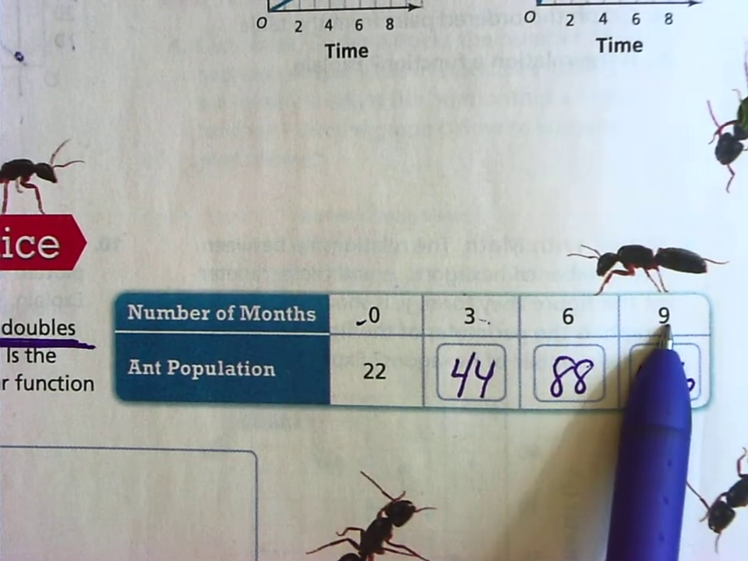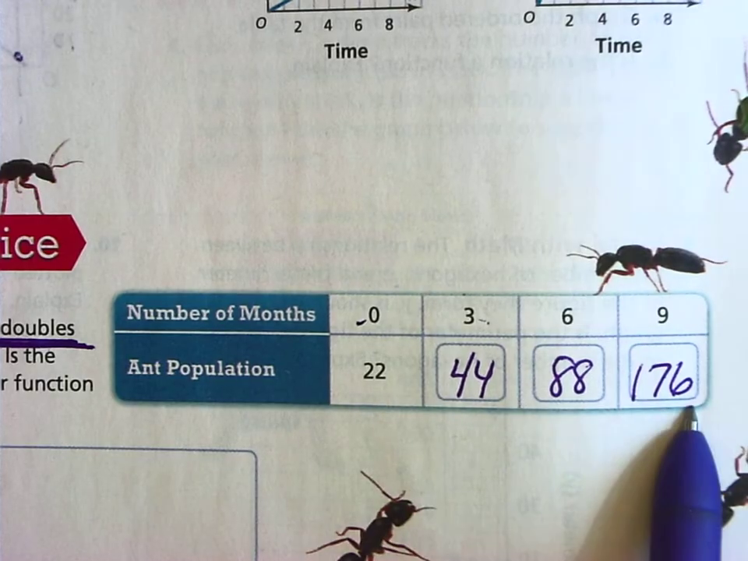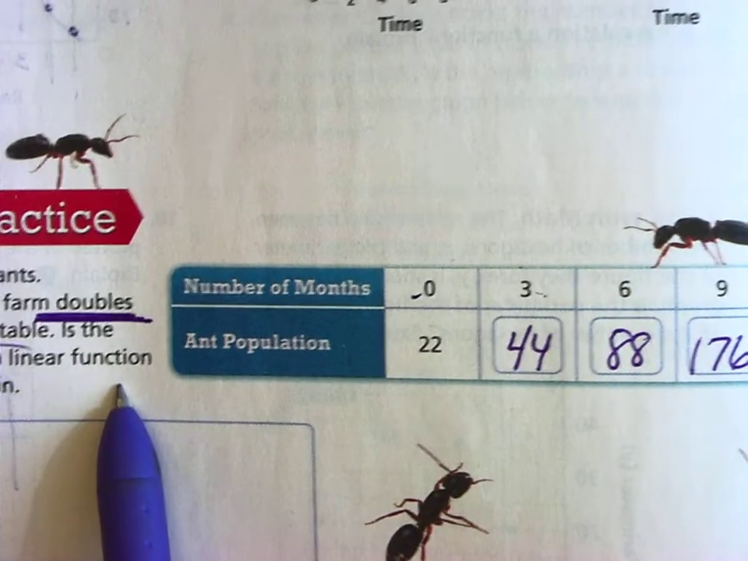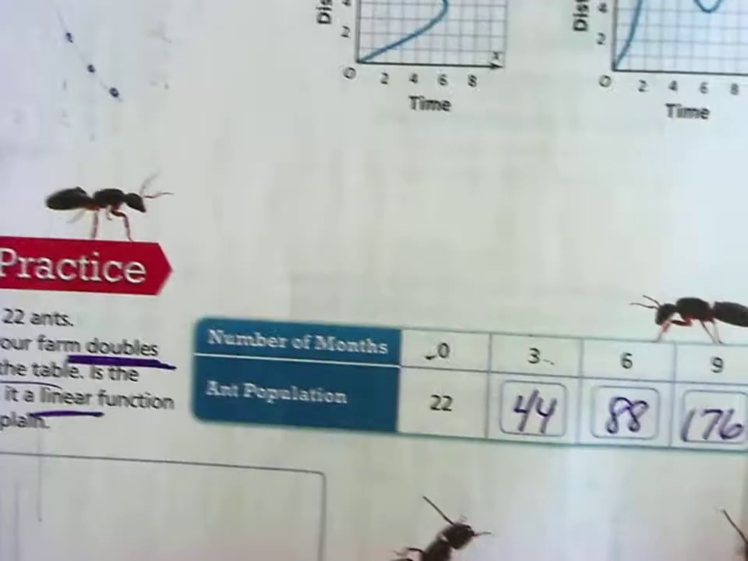Okay, so now, is this a function? 0, 3, 6, 9. Yes, because each one of these x values has one unique y value. But is it linear? No, it is not going to be linear. It's going to be non-linear because the same thing is not